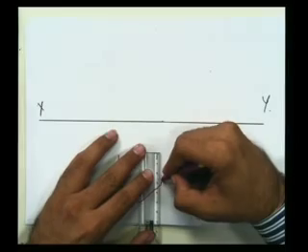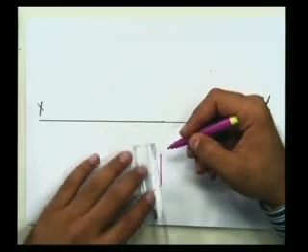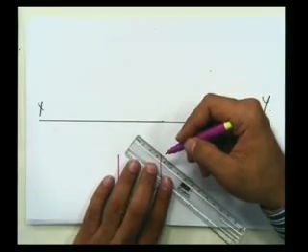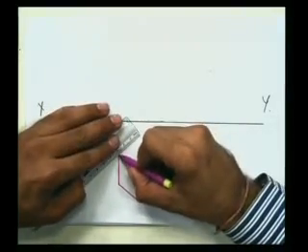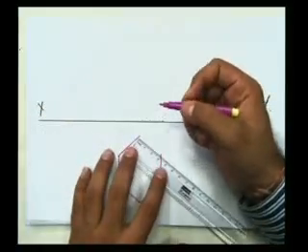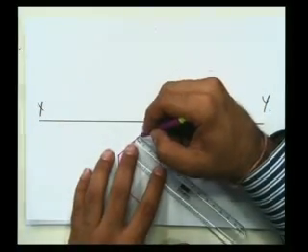I'm drawing it freely, but in the examination you should always follow the proper method to draw this, so that you have a highly accurate solution. I'm drawing it with a sketch pen just to illustrate